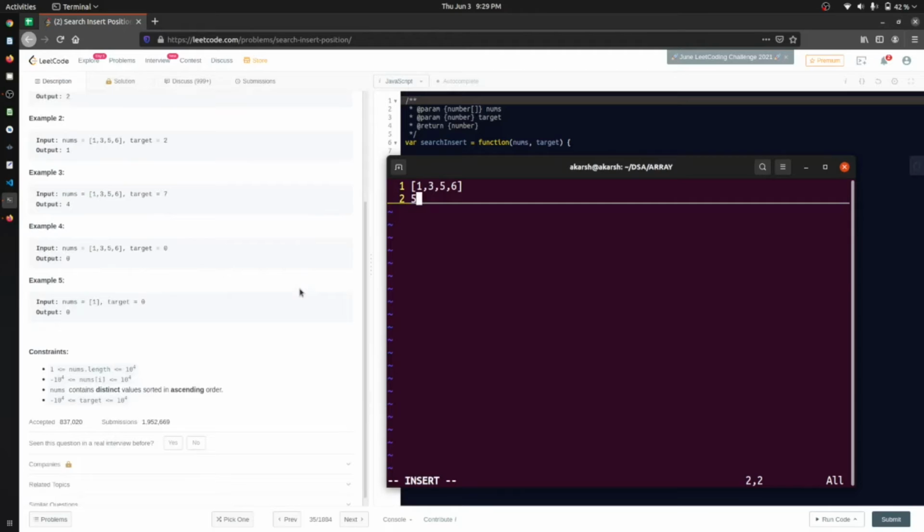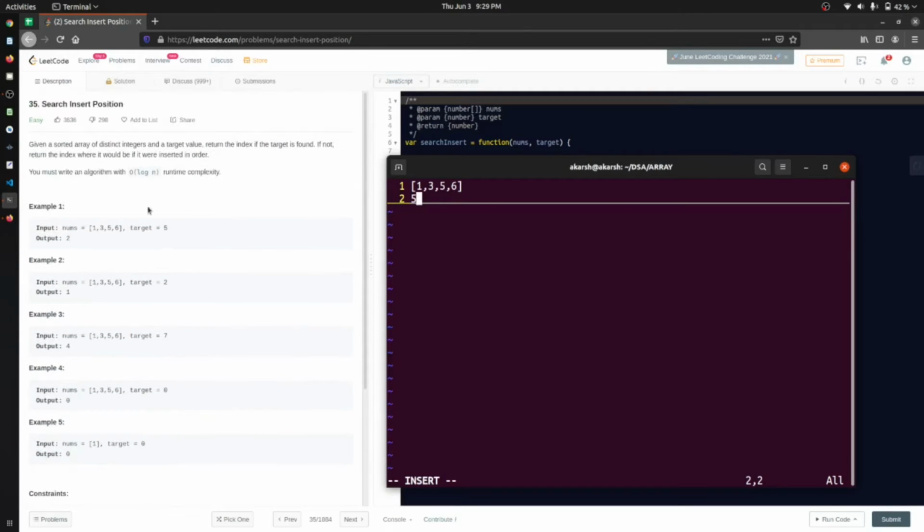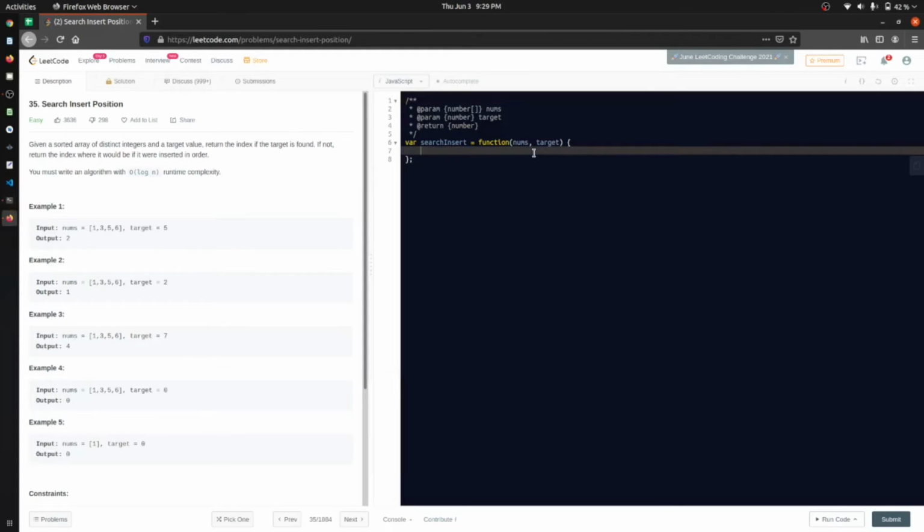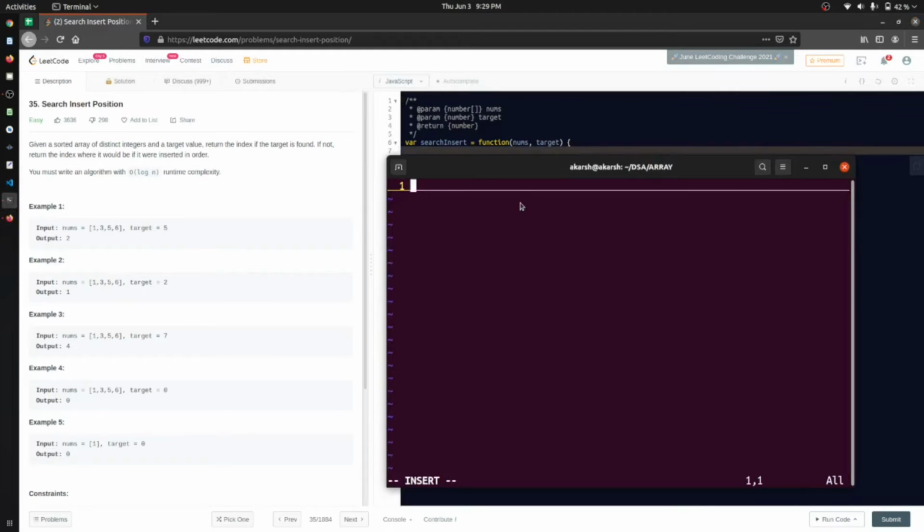I will just show you a method, but you have to optimize this thing. I'm going to show you an approximate answer. Let me directly start coding in the editor, or we can just do it here also.